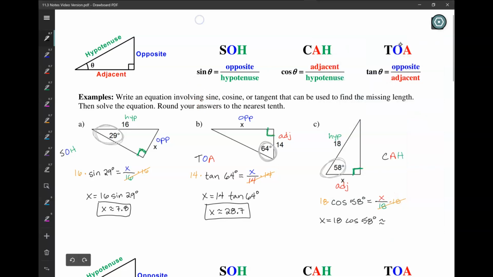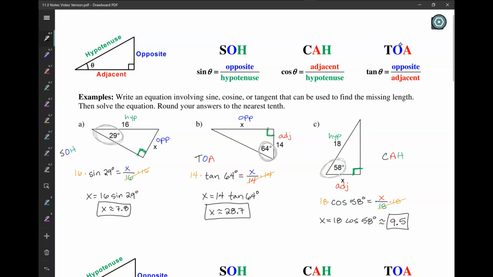About 9.5. That seems reasonable. The hypotenuse has to be the longest side. This is shorter than that. So those